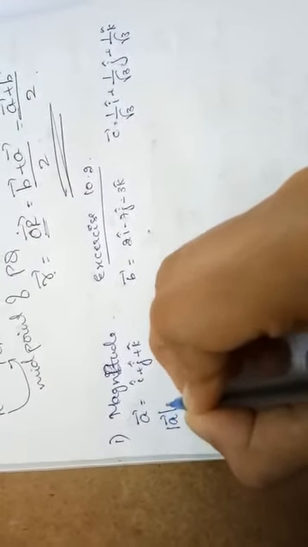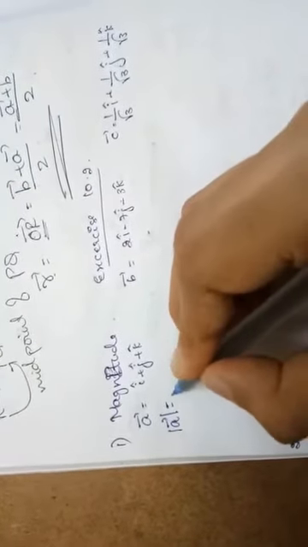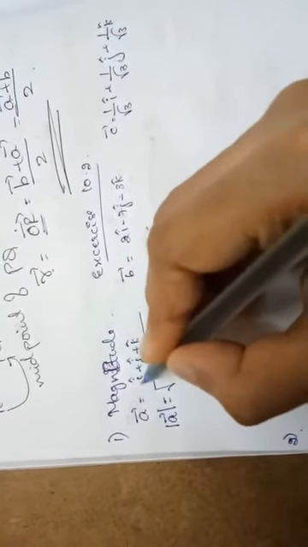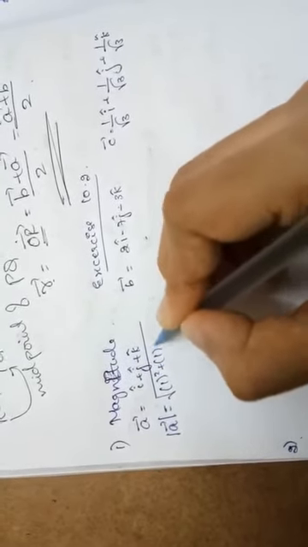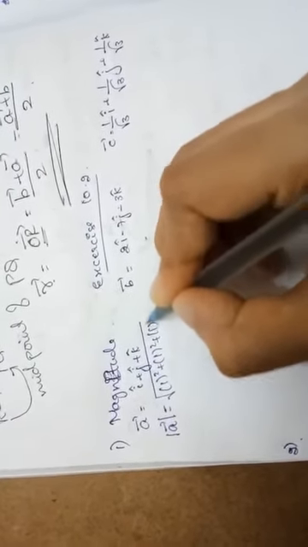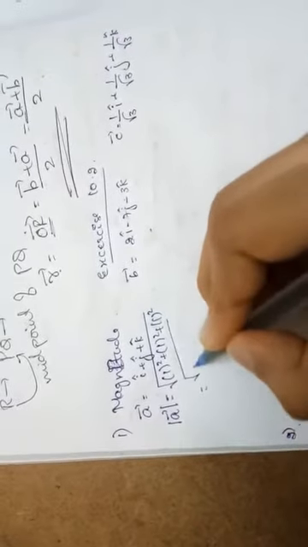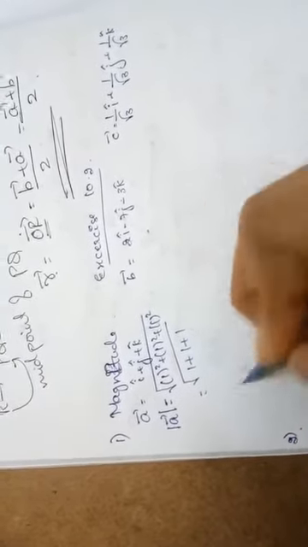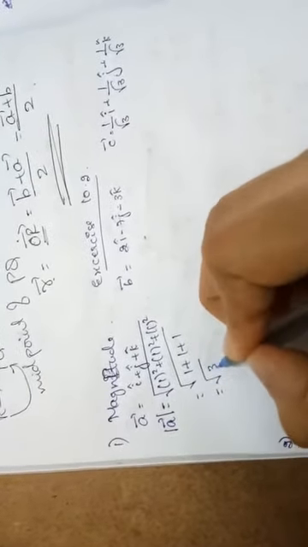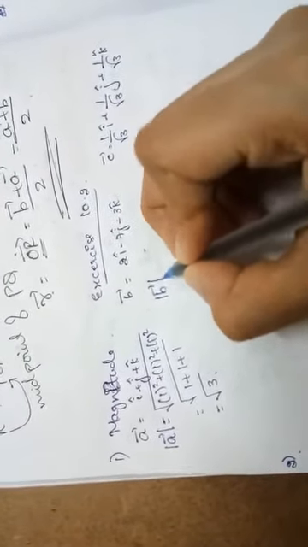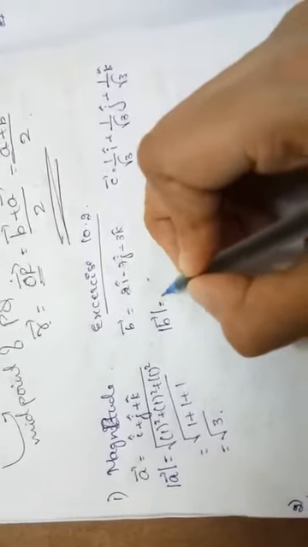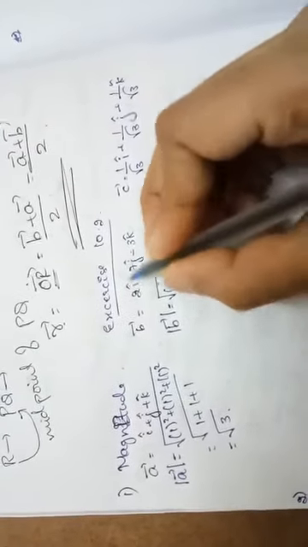For this one, the magnitude of this vector is nothing but the square root of the scalar components, 1 square plus 1 square plus 1 square. So it is nothing but the square root of 1 plus 1 plus 1, which is root 3. Now what about this one, the magnitude of vector b? It is nothing but the square root of the scalar components of this vector,